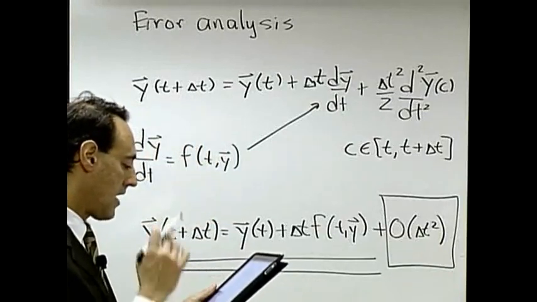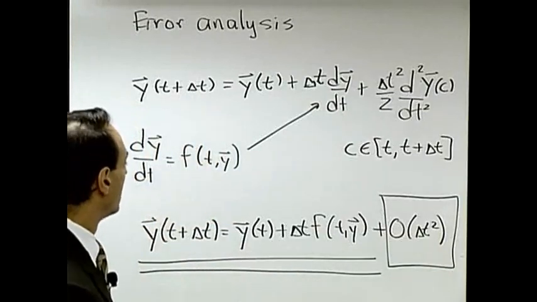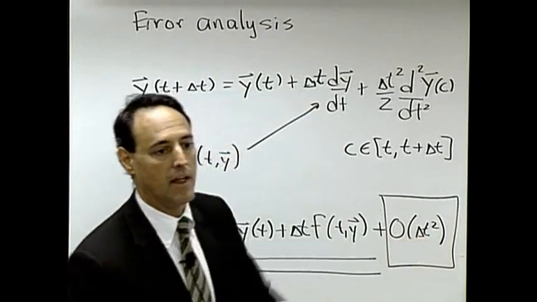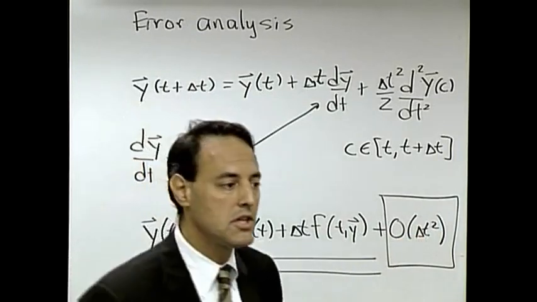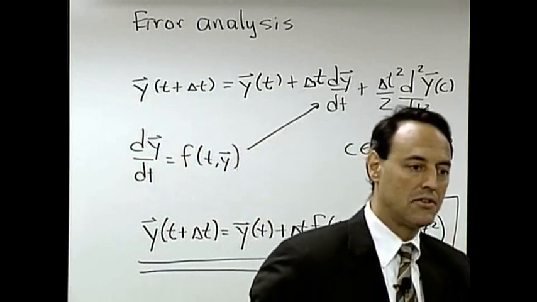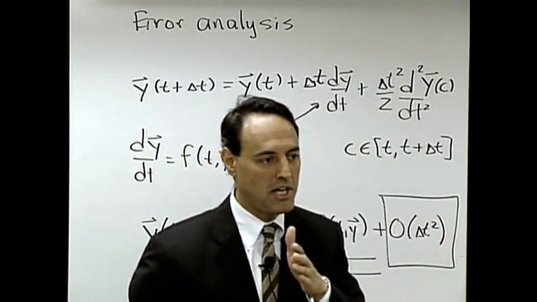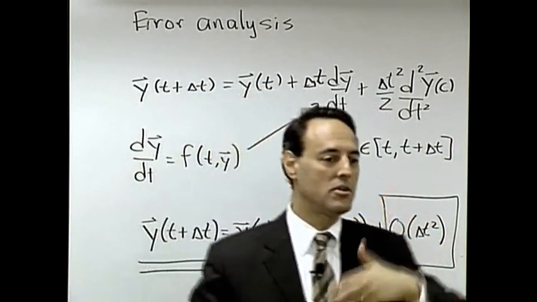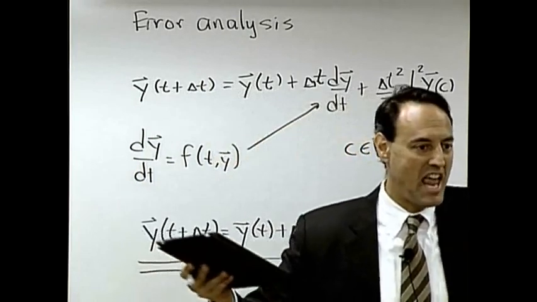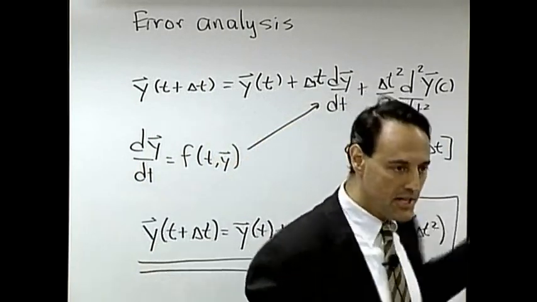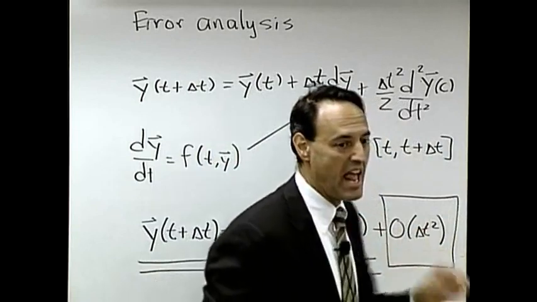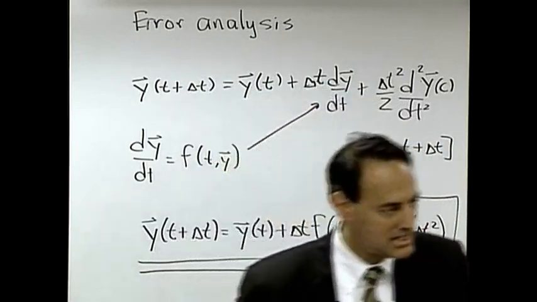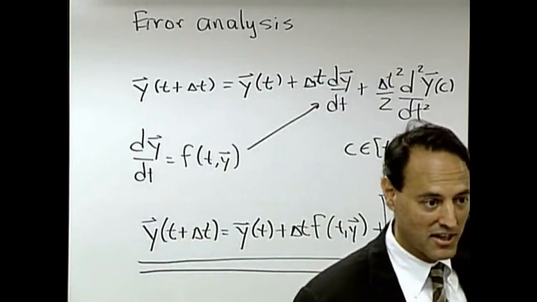All right, so that's the kind of concept we want to start thinking about. It's very important to keep track of that. Now, this is the error you make in only one delta t, right? So remember, we're going to iterate. I'm going to solve a system from time 0 to time 1,000,000 or 10 or 100. This error here, what I throw away every step, every delta t I take, I'm throwing away something of order